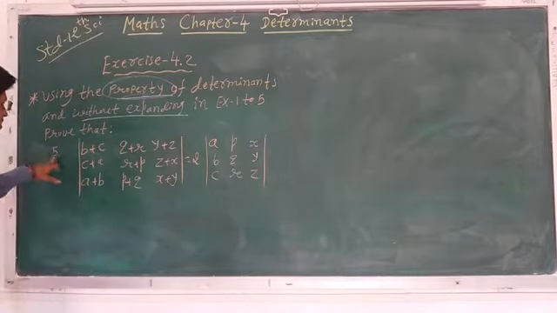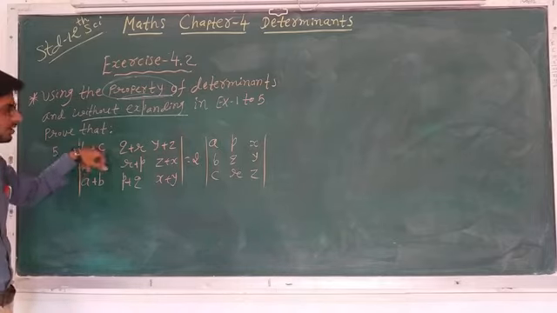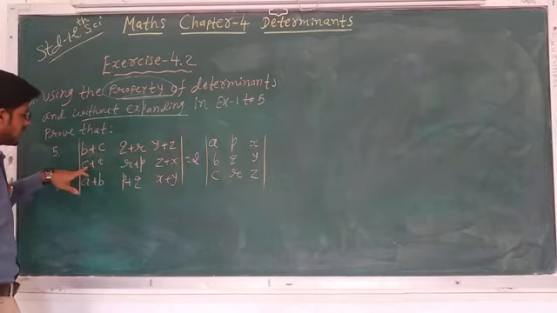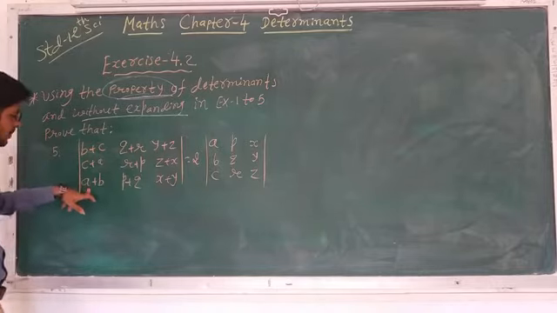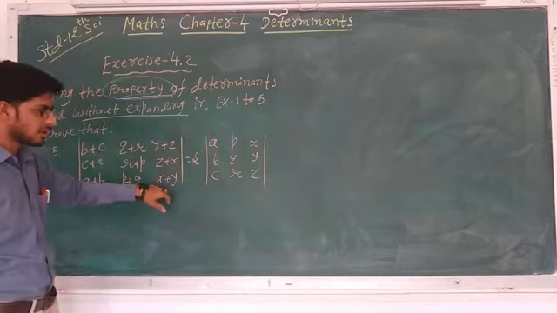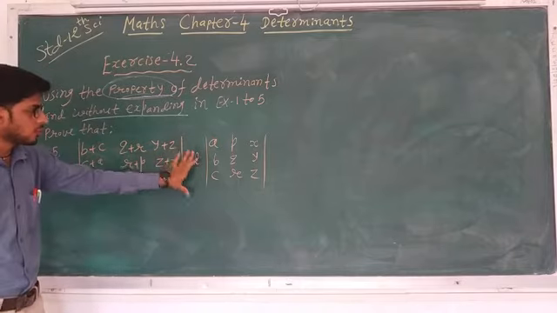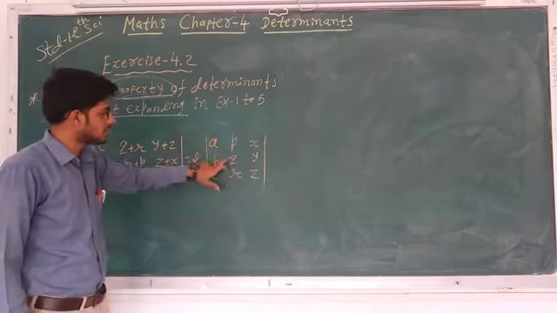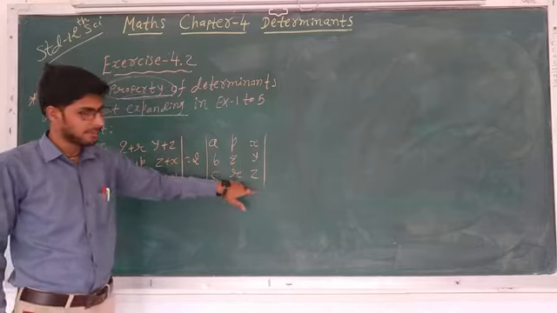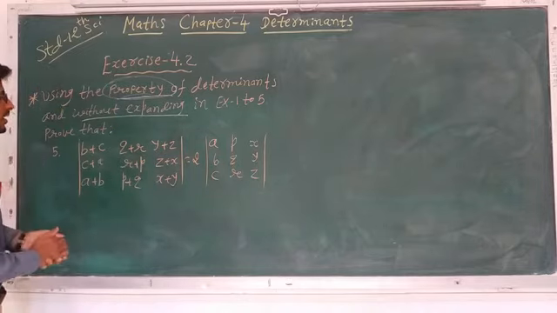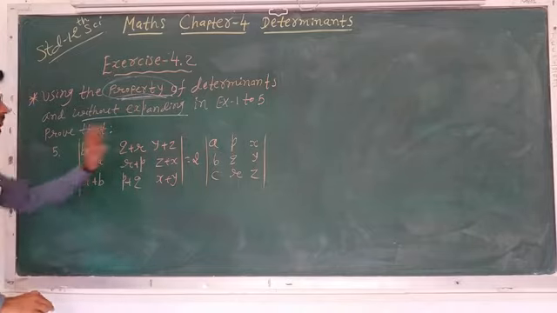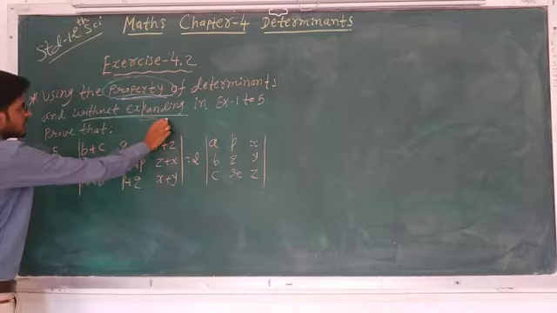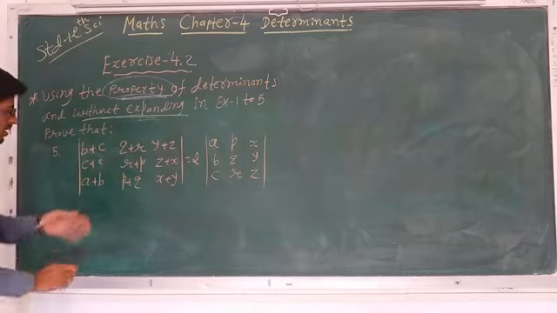Okay, let us start question number 5. First row B plus C, Q plus R, Y plus Z. Second row C plus A, R plus P, Z plus X, and third row is A plus B, P plus Q, X plus Y is equal to 2 times the determinant of A, P, X, B, Q, Y and C, R, Z. So how to do it? Already in the question, using the properties of determinants, we have to apply properties and prove, okay, without expanding. So we will start again from the left hand side.